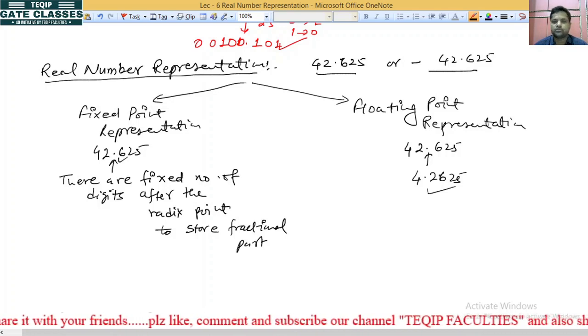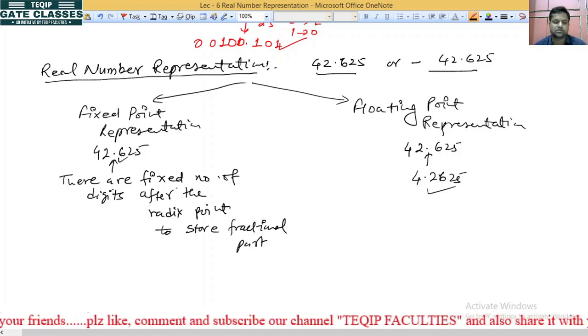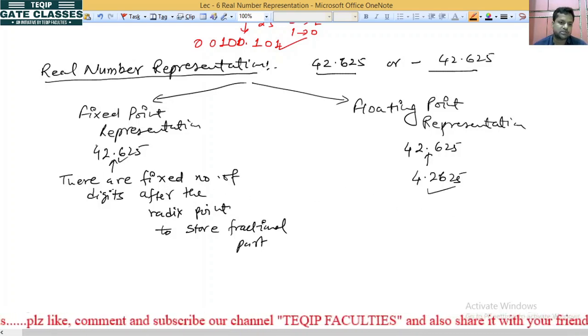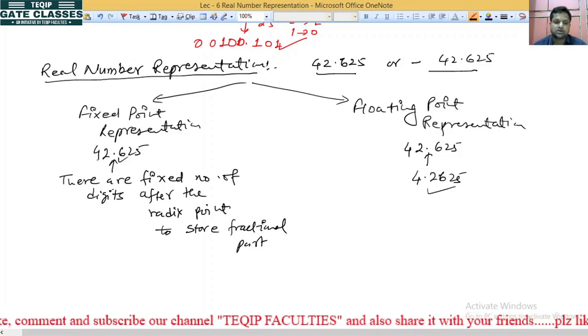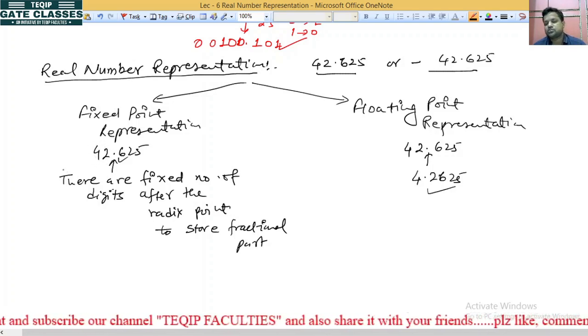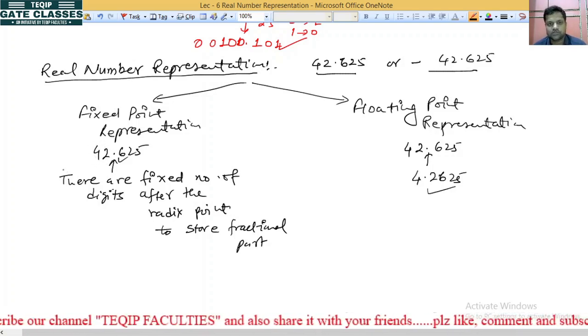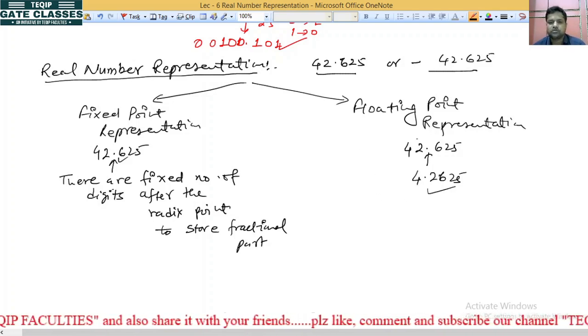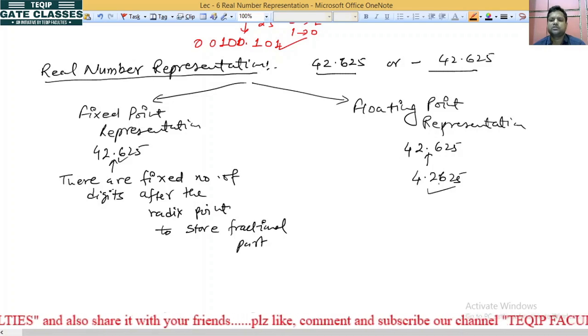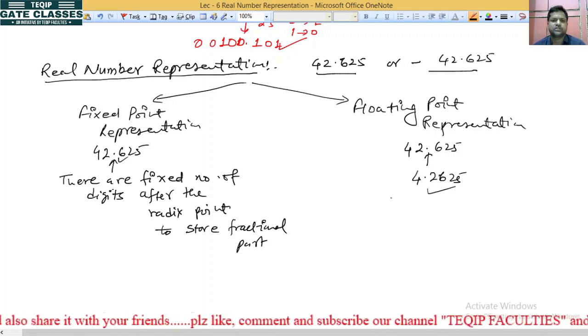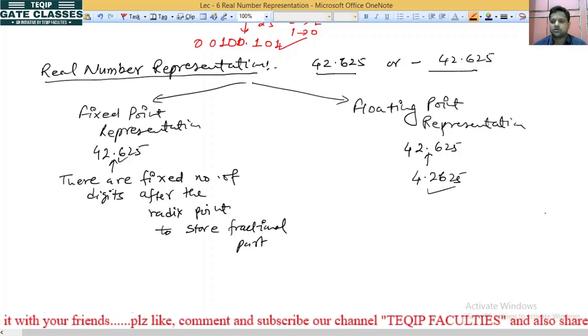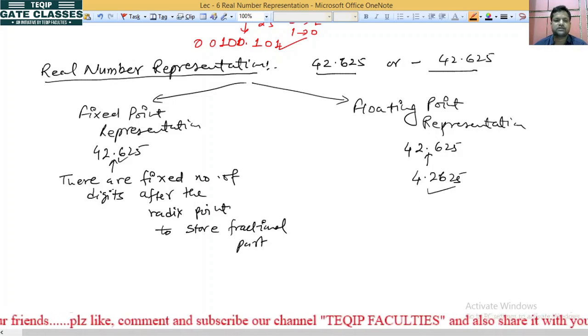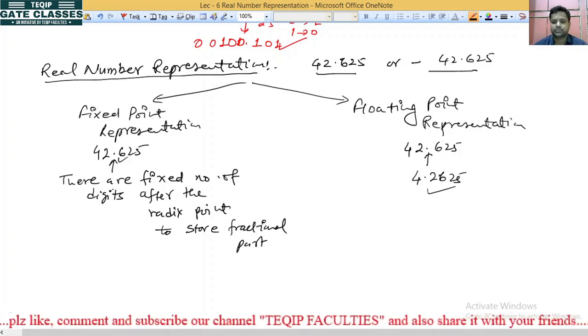that this radix point cannot move. हाँ, जितने डिजिट के बाद ये रेडिक्स पॉइंट मिला है उतने ही डिजिट के बाद ये स्टोर करने के बाद भी मिलेगा. Always remember it. We will study in detail about the floating point representation in a later lecture. Now in this lecture we will concentrate on fixed point representation.